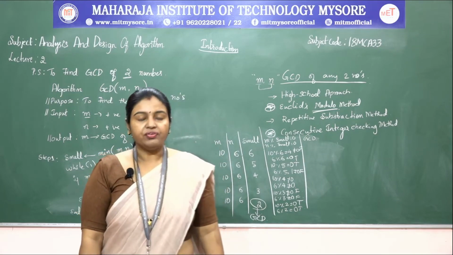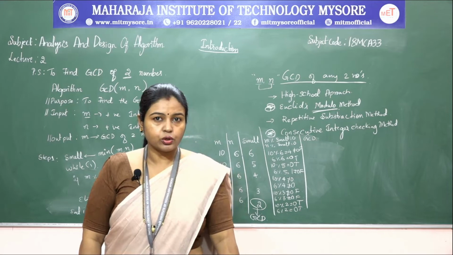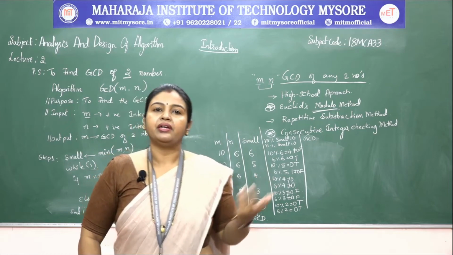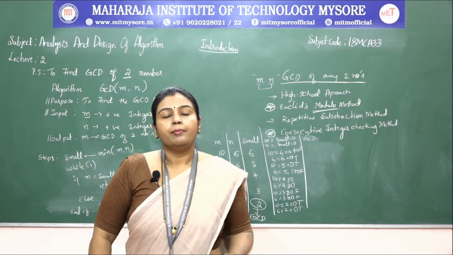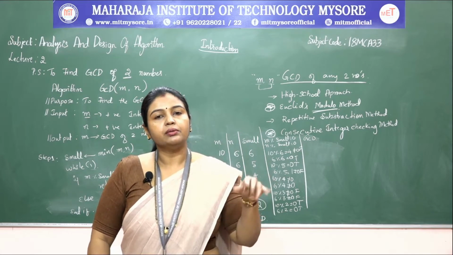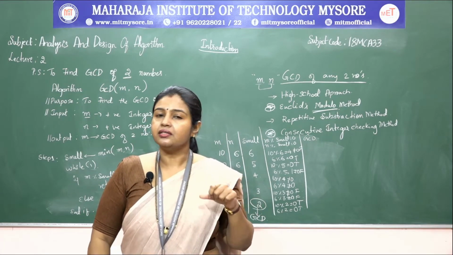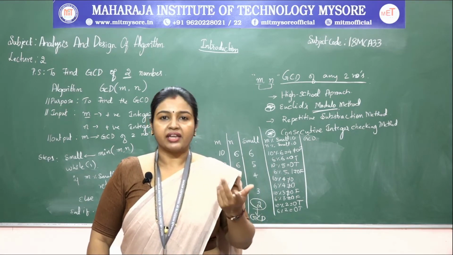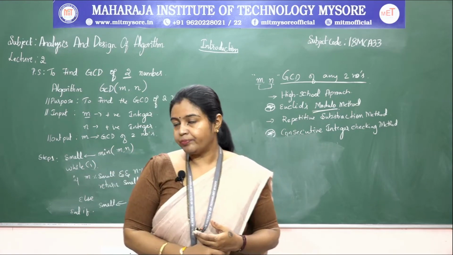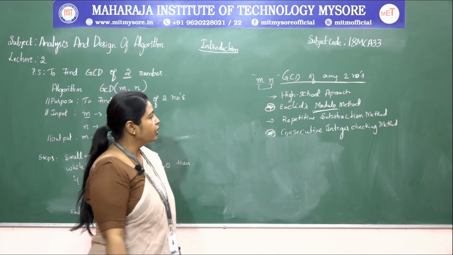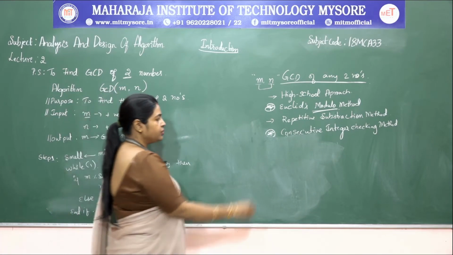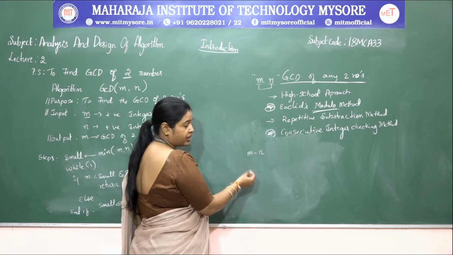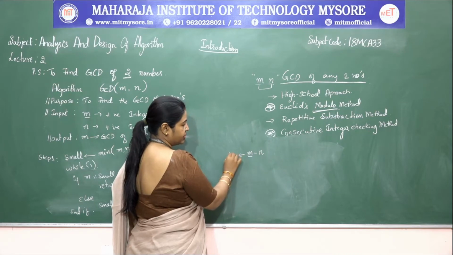As I said, division can be done using subtraction also. Division is nothing but what? Reducing the factors, right? So reduction can be done using subtraction. Here basically we are going to subtract the second number from the first number if the first number is greater than the second number. Based on that concept we are going to reduce the first number with the second number or the second number with the first number. Let us see how exactly it works. In order to perform this operation, we need to subtract the second number from the first number, and we need to store it in the first number itself.